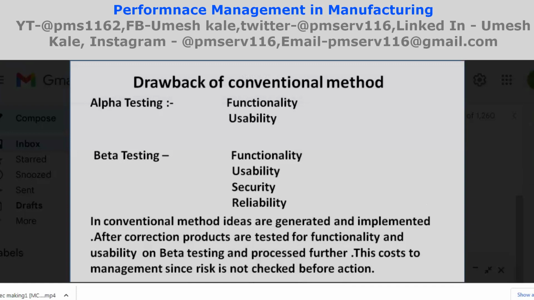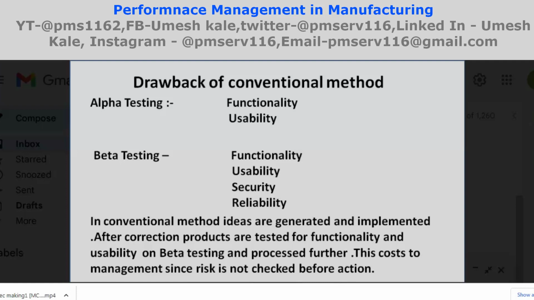So sometimes alpha testing is done on your product once the correction is done, and sometimes it is beta testing. Then the product is floated to the next process. So it may be the next process or it may be the customer. In this conventional method, the success of your action is checked after the product is floated to the next stage, and this has more risk and cost involved. Once you have taken the action and the product is released to the next stage or to